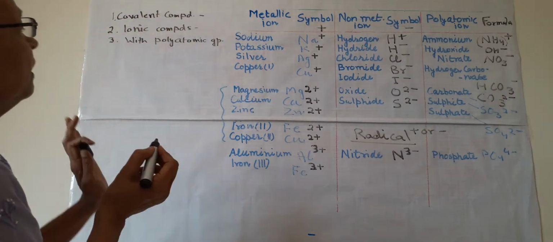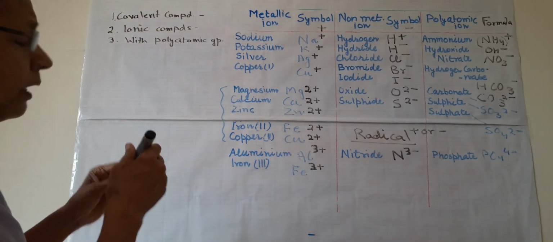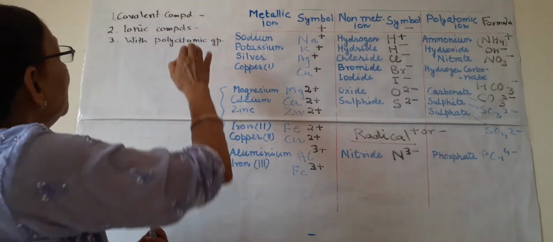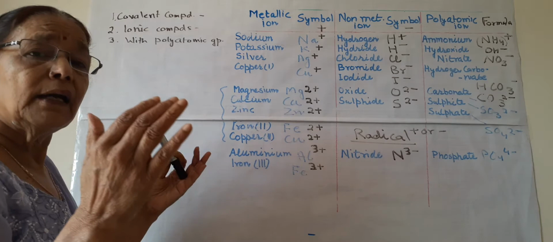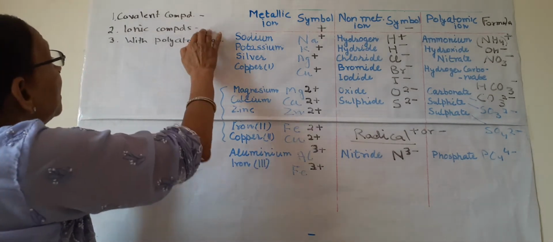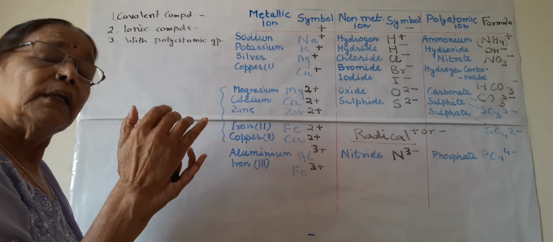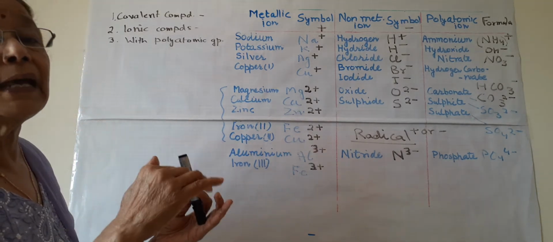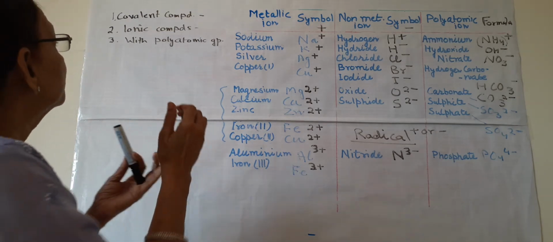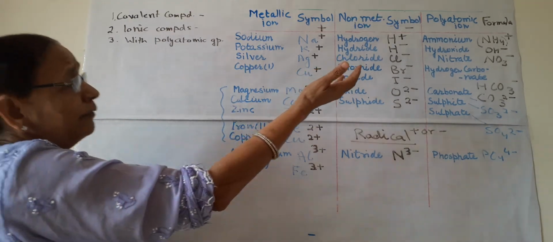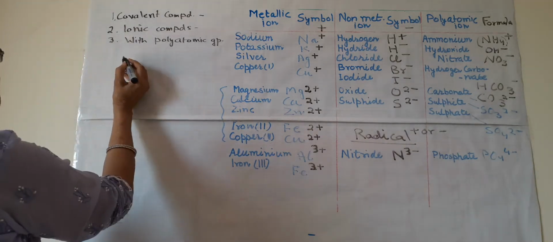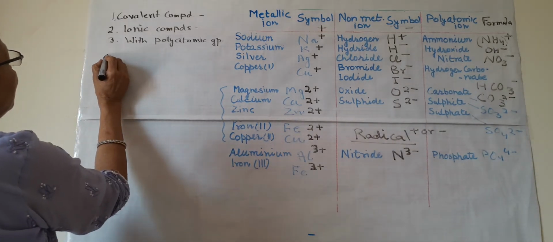First I am taking covalent compounds. A slight difference we will learn later in detail. In covalent compounds, the elements share electrons with each other. In ionic compounds, the elements form anion and cation, and they are joined by attraction forces, and polyatomic if they are having this polyatomic group.